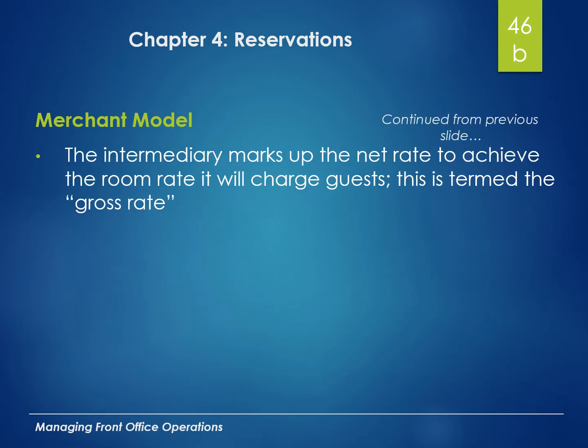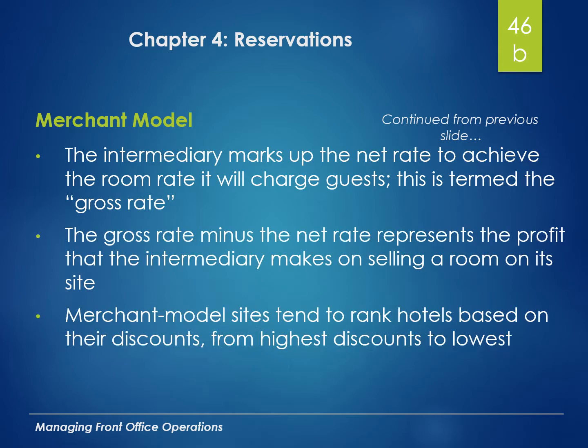With the merchant model, the OTAs will actually rank the hotels based on their discount. The hotels that give them the largest discount are going to be at the top of the list. I don't know about you, but if I'm searching the OTAs, I probably don't go past the third group, maybe even the second group of hotels. So if the hotels offering the larger discounts are up first, then people would potentially stay at those hotels more or be more apt to make reservations.